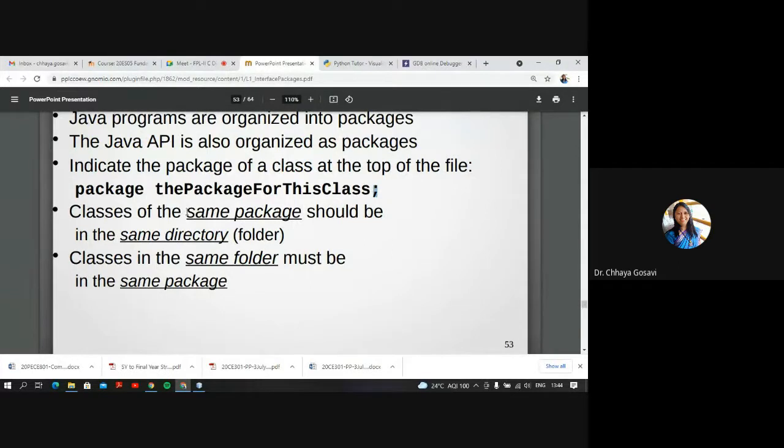So whenever you create a package, automatically its directory gets created. In the Java environment we call it a package, but at the end it is nothing but a directory or a folder. So classes in the same folder must be in the same package.